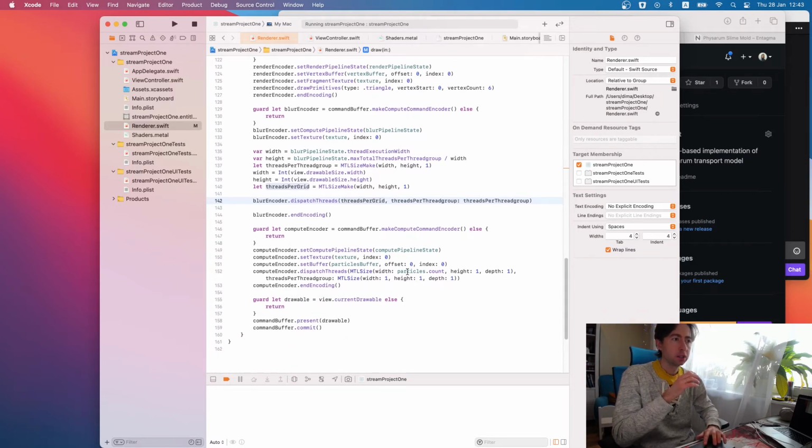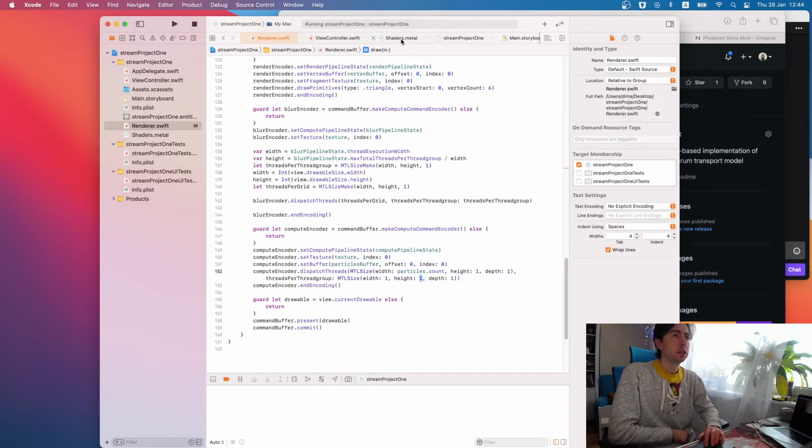Those particles are just a plain one-dimensional array list of particles, so we can just set the particles count with everything else left as 1. So we have a one-dimensional number of threads processing each particle, one thread per particle.